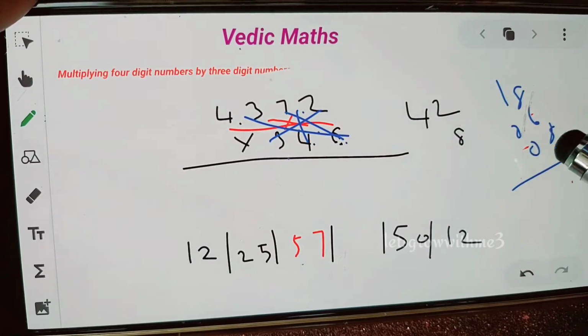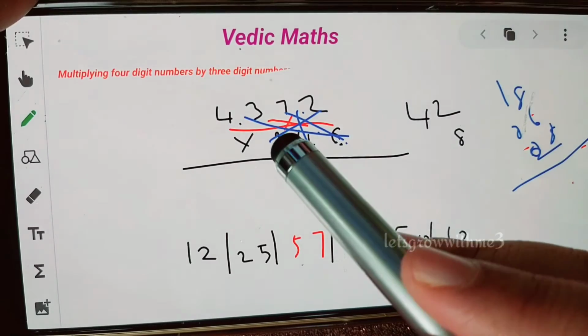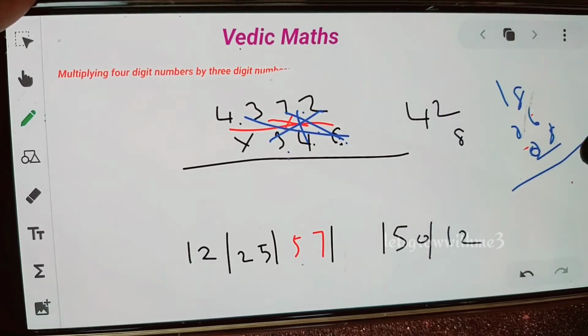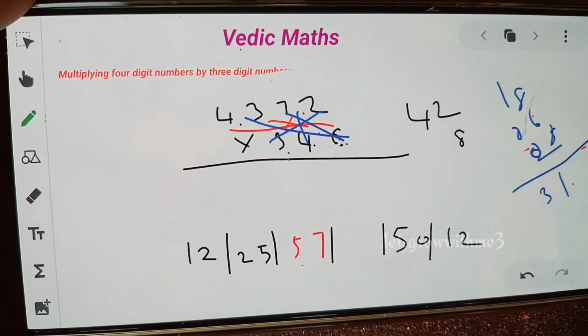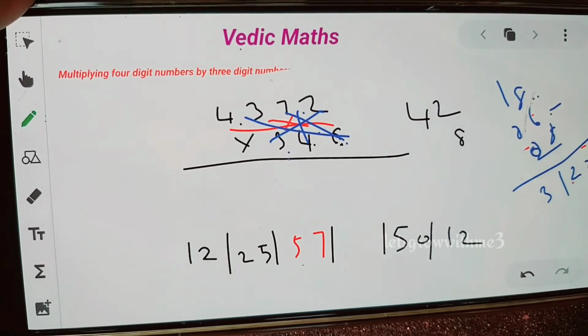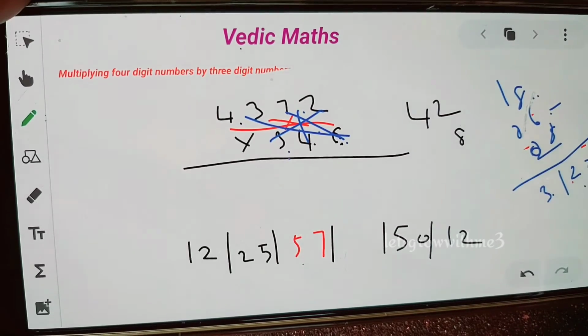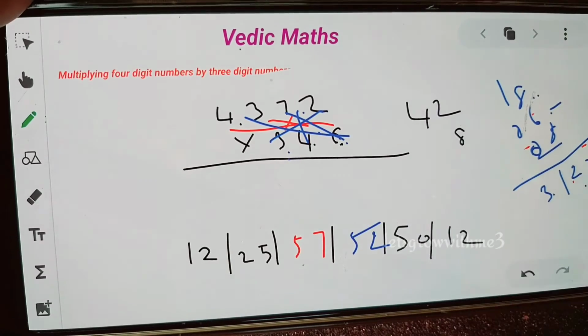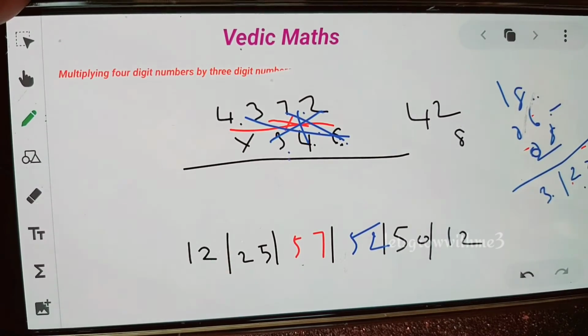Okay, I am just cross verifying all the values. Once we have done, we need to add all these values, then we will get something around 31. Okay, after this we need to apply the balancing formula. What it is saying is whatever the digit you have from the right hand side, you need to transfer to this side. Okay, so that's how we got 54.